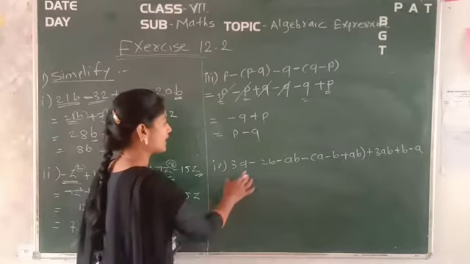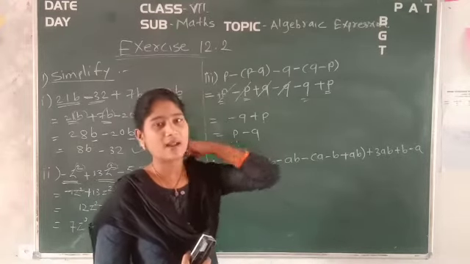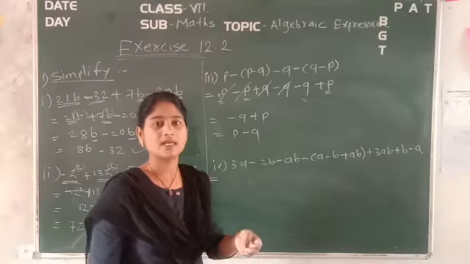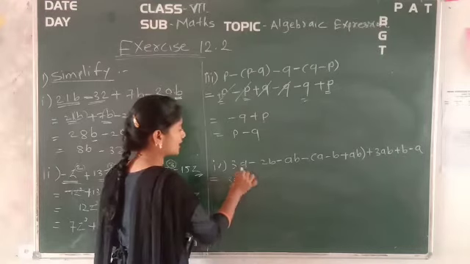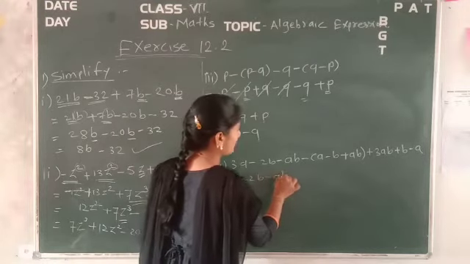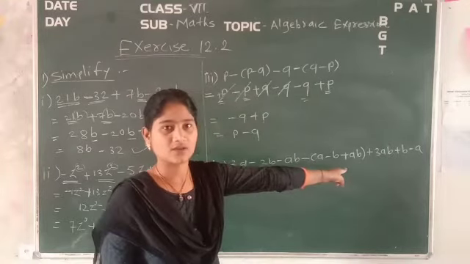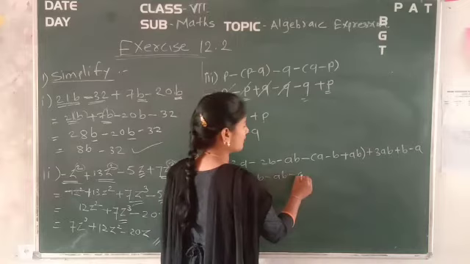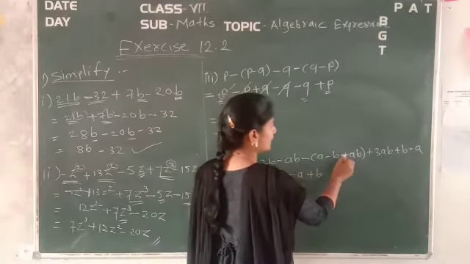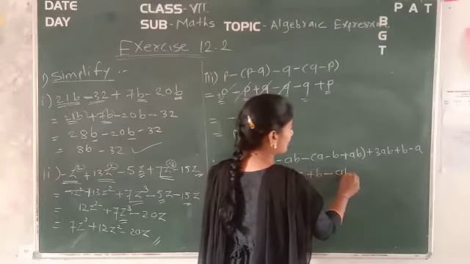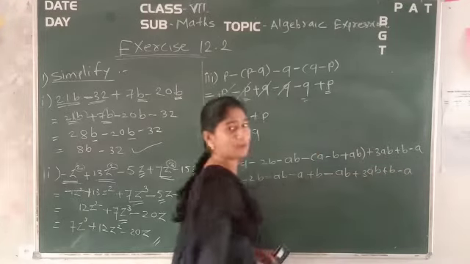So see, in that case, first of all we have to remove the brackets. For removing the bracket we have to multiply by whatever sign is present in front of that bracket. So first of all write down the first term as it is, minus 20b minus ab minus, now multiply this minus sign to the whole bracket. That is minus into plus, minus; minus into minus, it is plus b. Again minus into plus, it is minus only ab. And this plus 3ab plus b minus a will remain as it is.